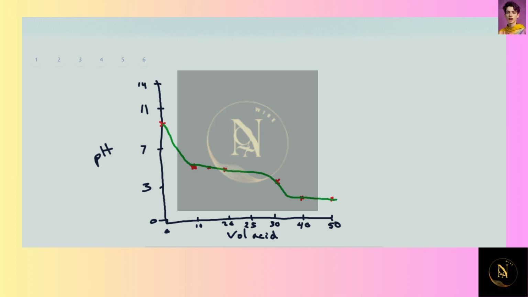This probably could be better drawn with a sharper decline. So let me do that. Like this. And so probably here as well. So obviously it's not going to be perfect if we're drawing by hand, so don't stress it too much, but this is roughly what the titration